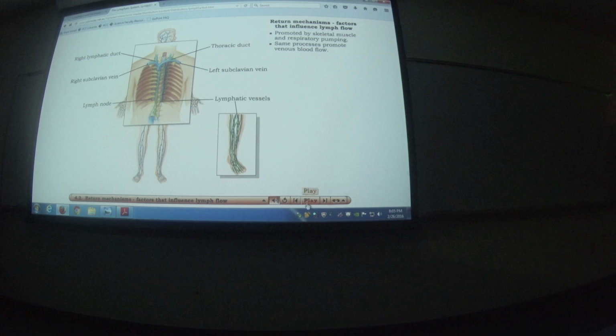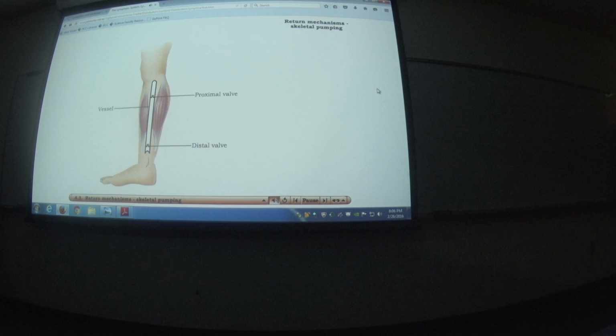Okay, let's review. Why do your veins need you to move for them to work well? Low pressure. They have low pressure, and therefore gravity would pull the fluid away. Same thing here. There's no pressure in your lymph system. There's nothing pumping the fluid. You're draining it like a ditch along the road. Therefore, you're going to use the same mechanisms as you would in a vein because there's nothing pumping the fluid. So everything you learn with veins counts for lymph. You have valves, you have pumping, the whole thing one more time. All right? So let's click the leg and watch.